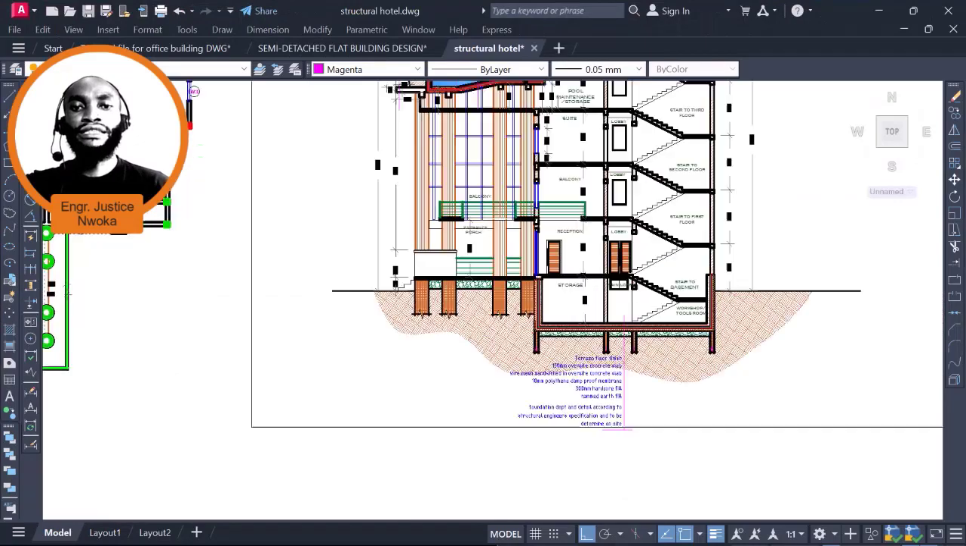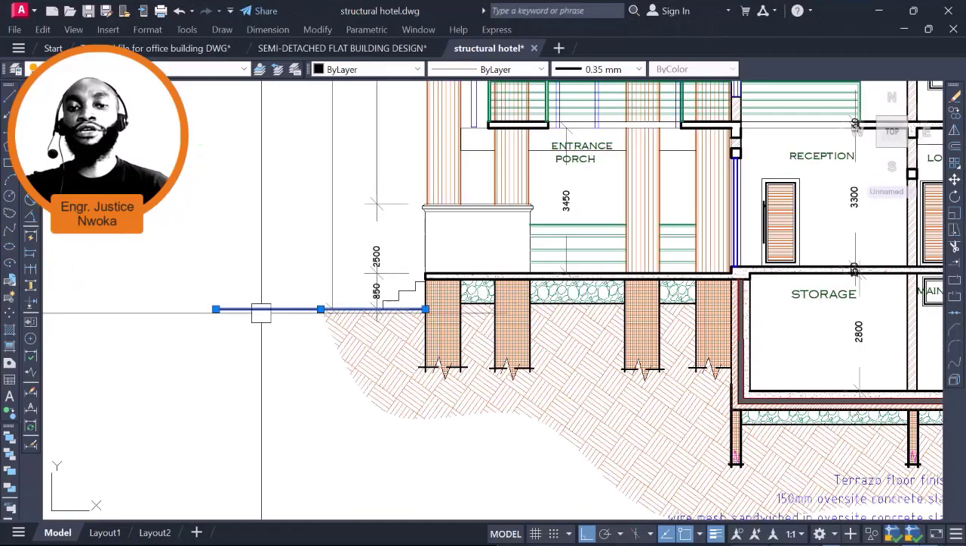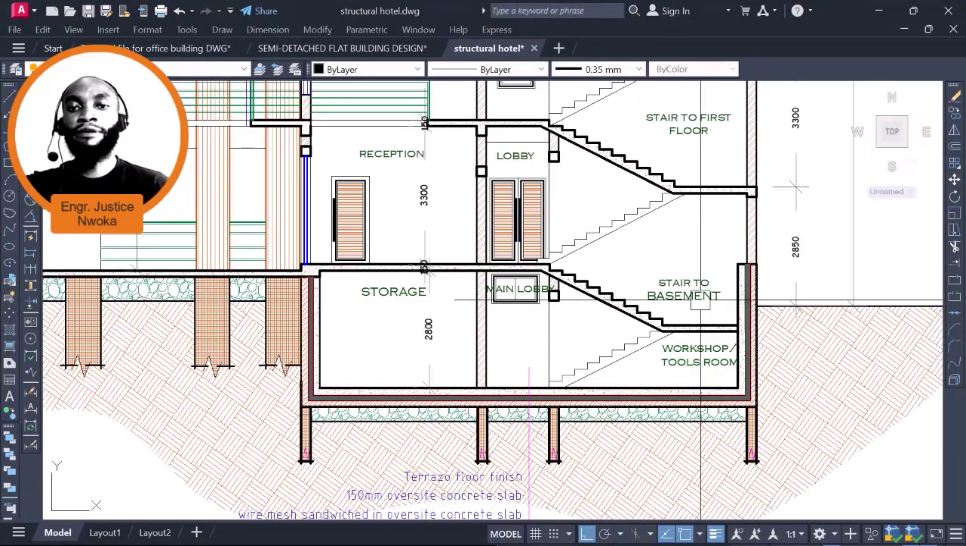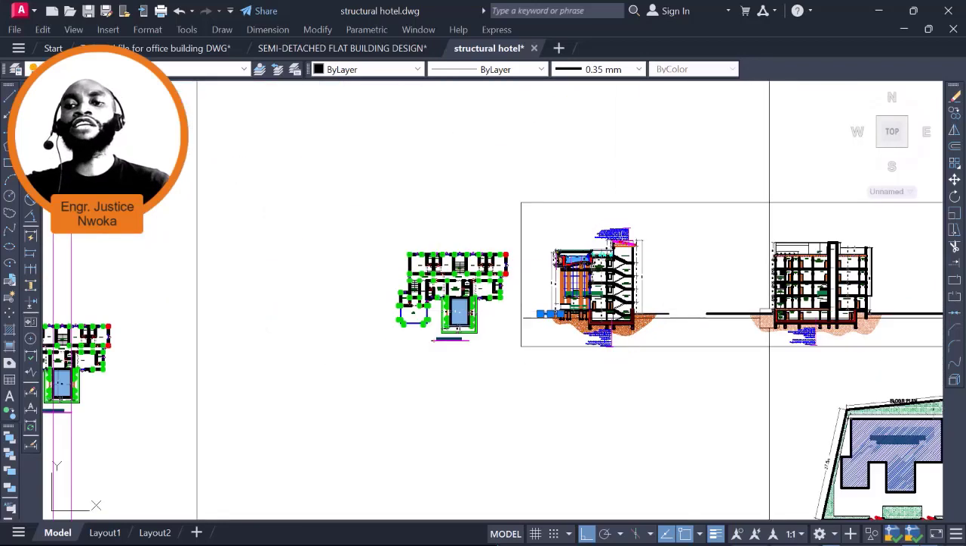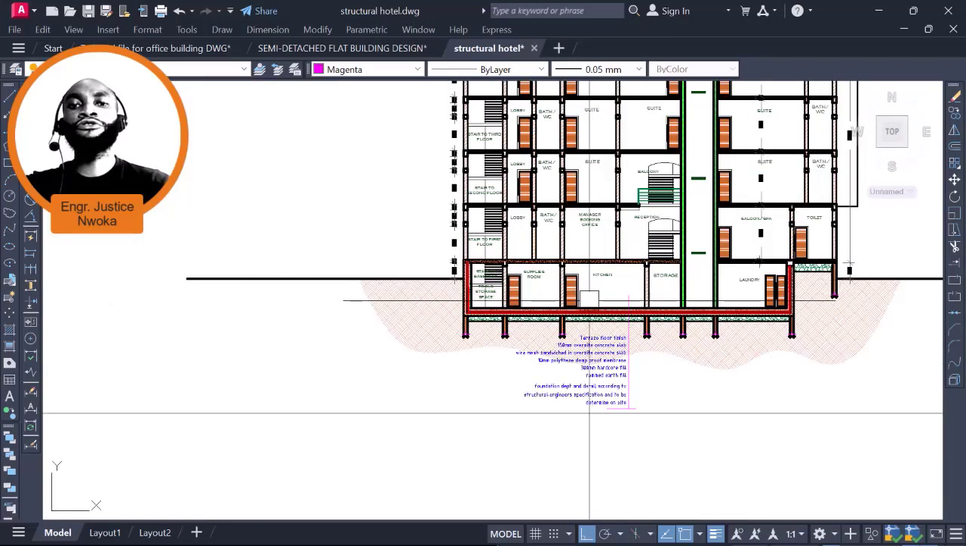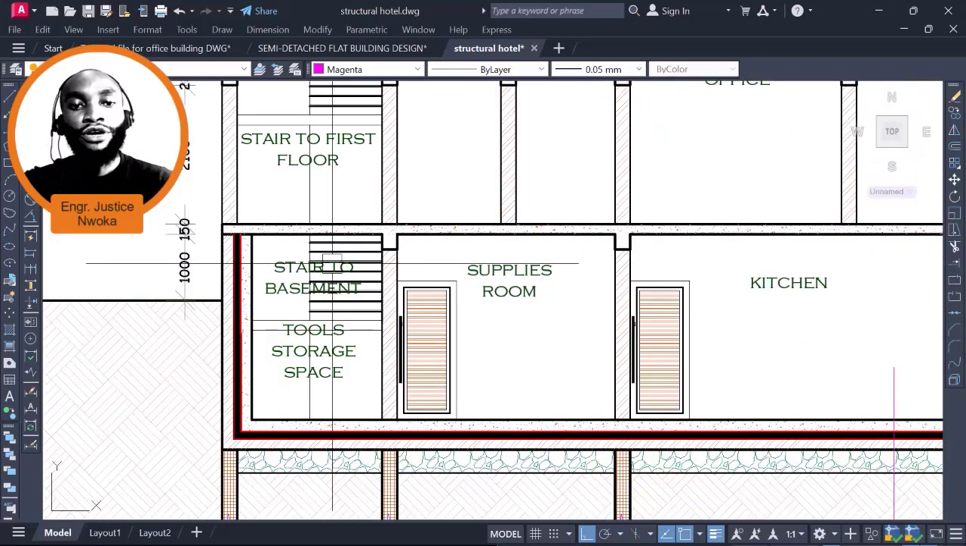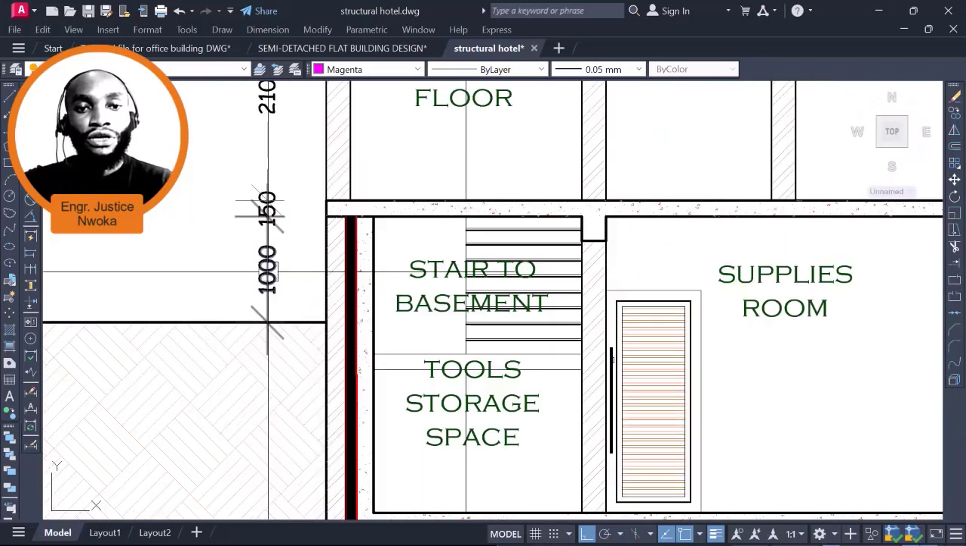You can also see that this is the ground floor level, and you can see that it is basically fully submerged into the soil. So that's why you can see that right now. So I want to use, okay, sorry, you can see that we have